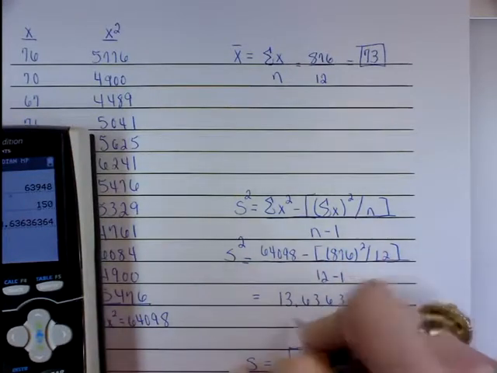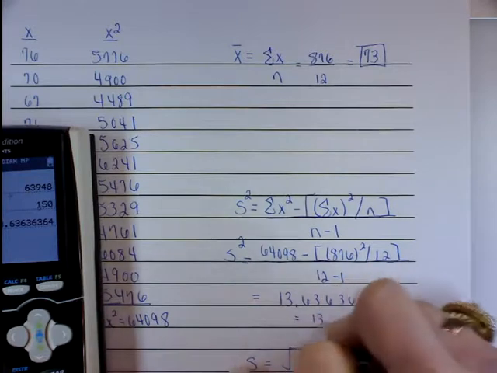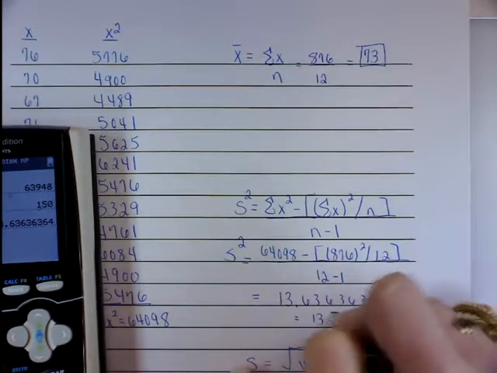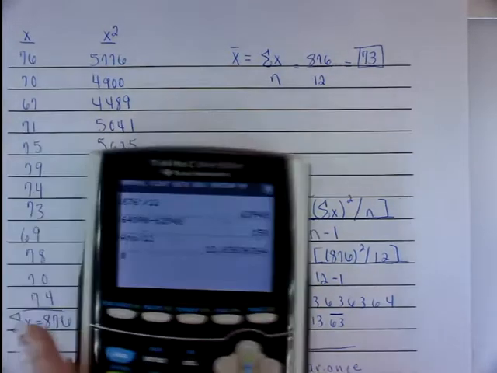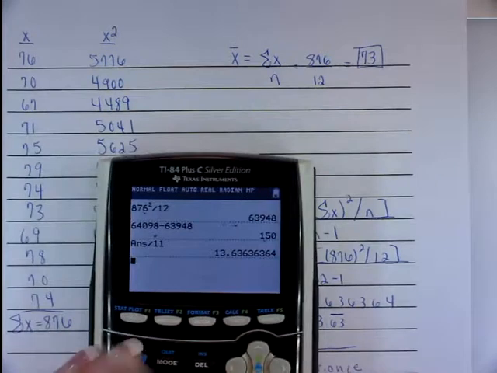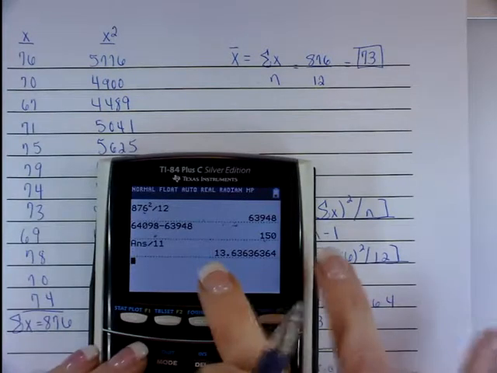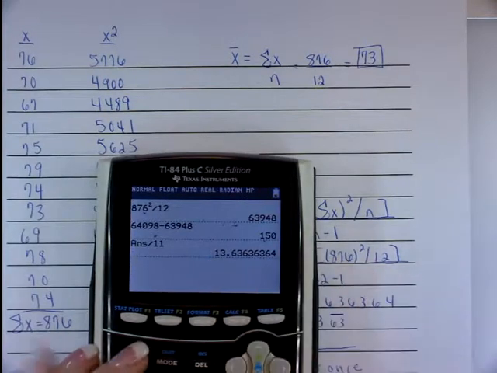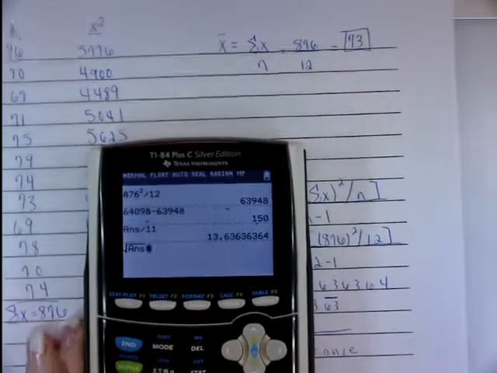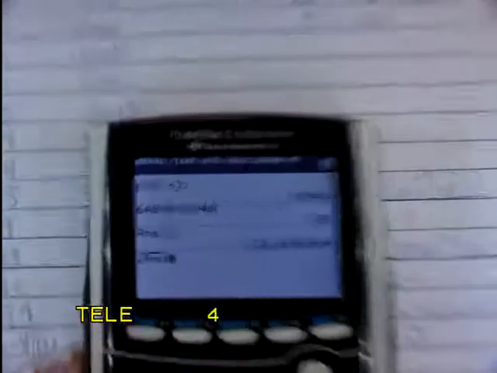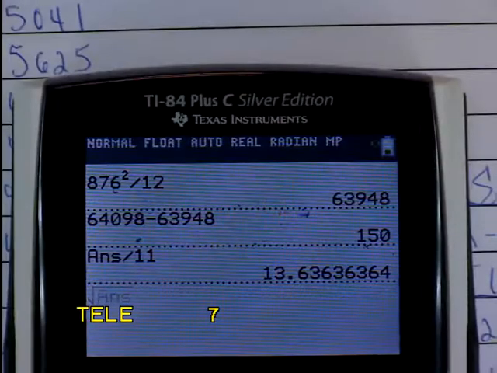13.63636364. It looks like exactly 13.63 repeating. The 63 is repeating itself. Then we take the square root of that, and I am going to say second answer so that I use 13.63 exactly. Square root of second answer equals